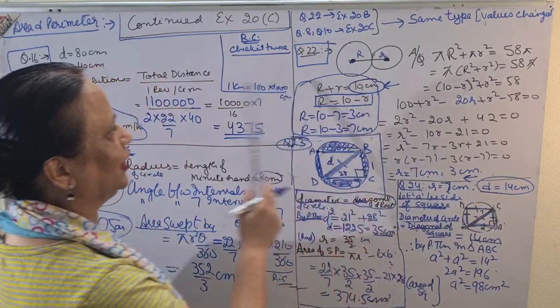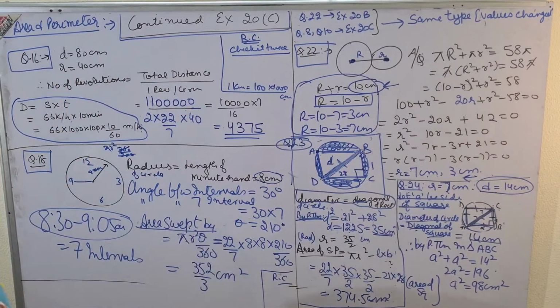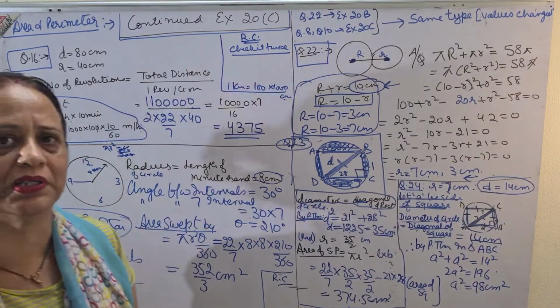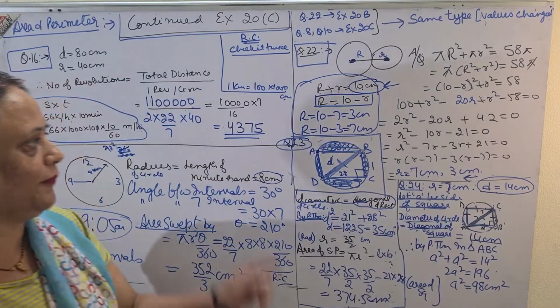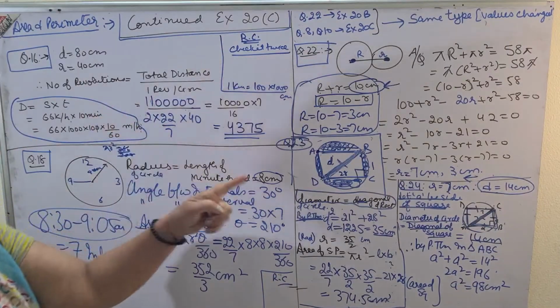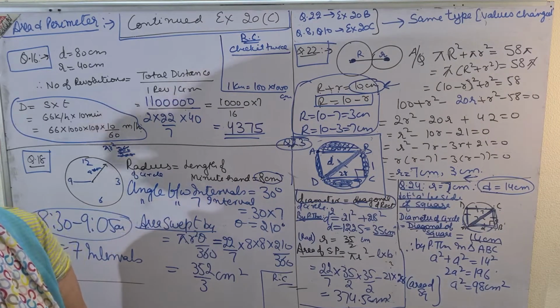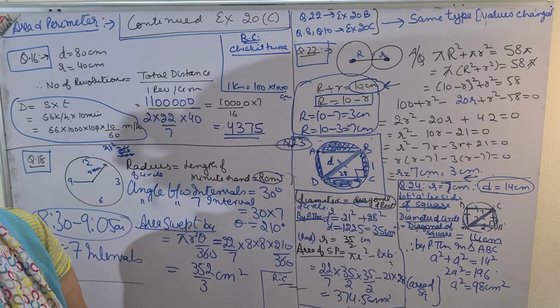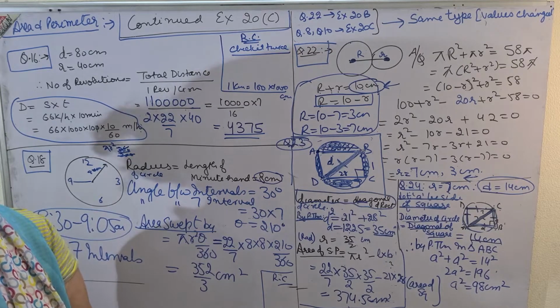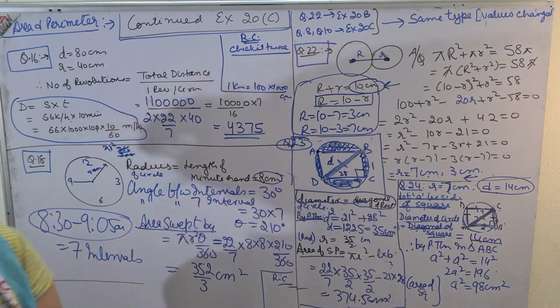So I hope children, these questions are clear to you. They are some of the very, very important sums of the circles. That is why I have explained each and every sum to you. Please see the video again and again and do the calculations in the rough column. Verify the answer, be confident, then only move further.